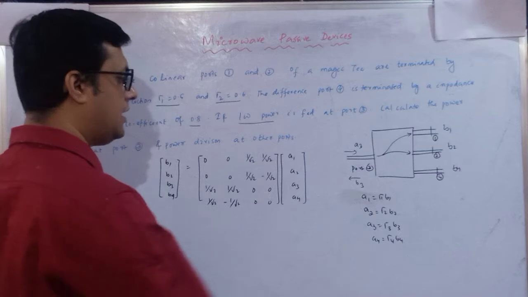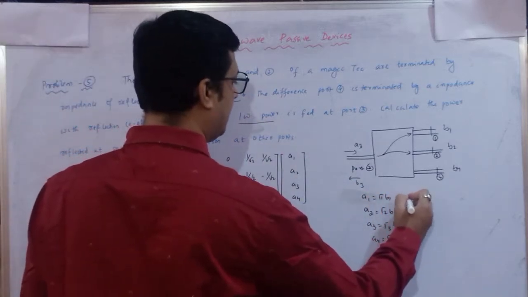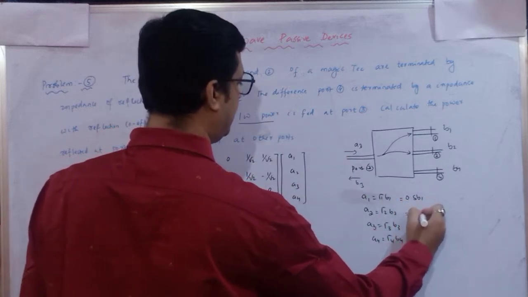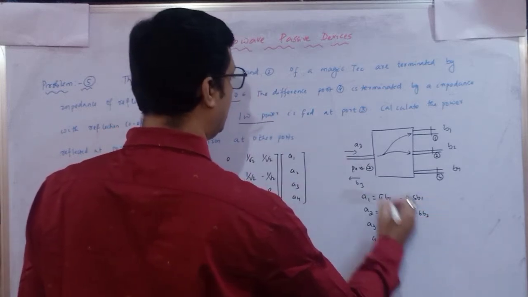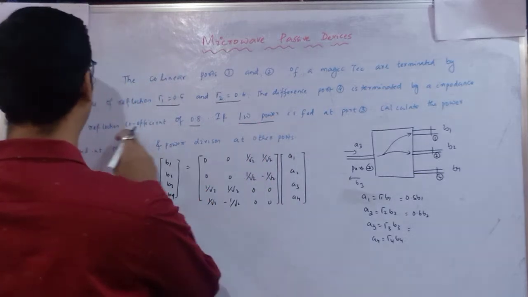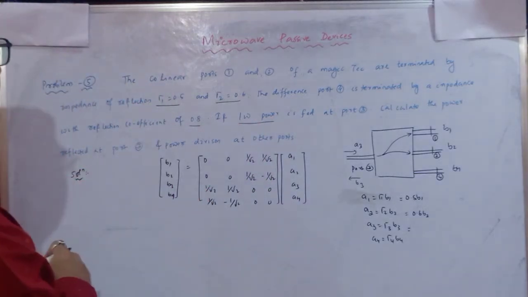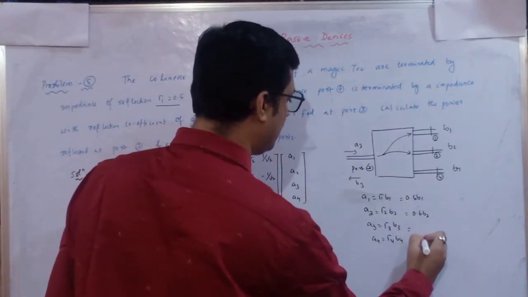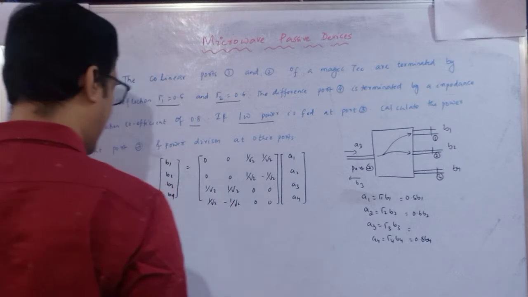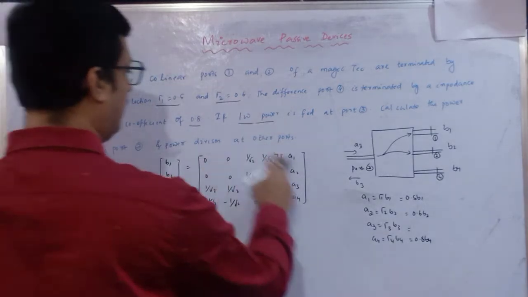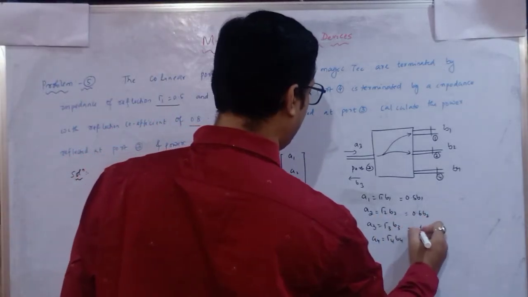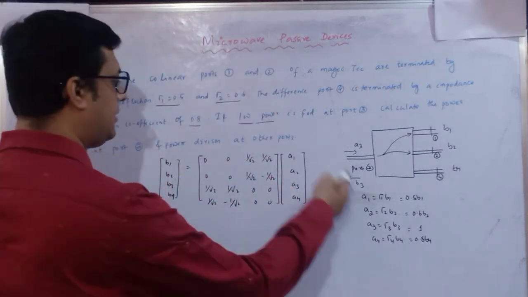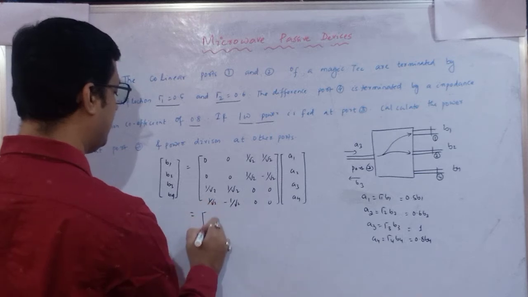Okay. So what is our eta 1? Eta 1 is 0.5 B1. What is eta 2? It is 0.6 B2. What is eta 3? The reflection coefficient observed at port 4 is 0.8, so 0.8 B4, and the incident power is 1 watt. So no need to calculate the reflection 1. I will directly write 1 because A3 is 1. I will substitute all these things in the above equation.